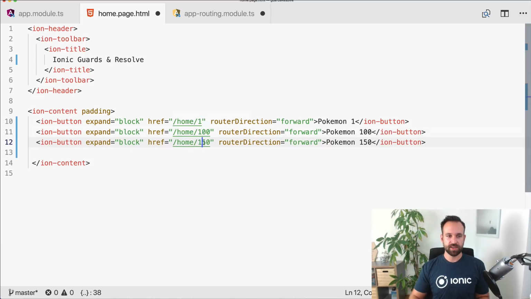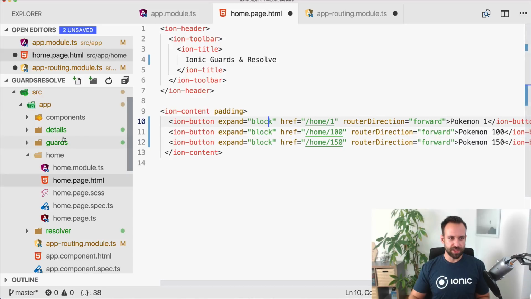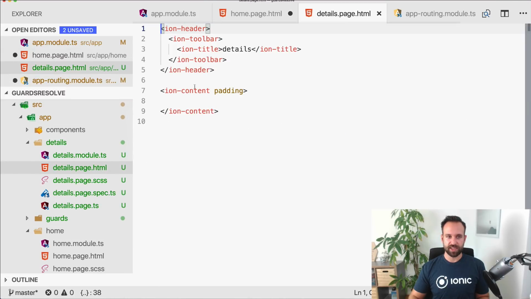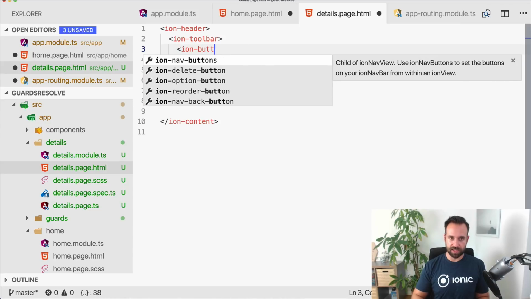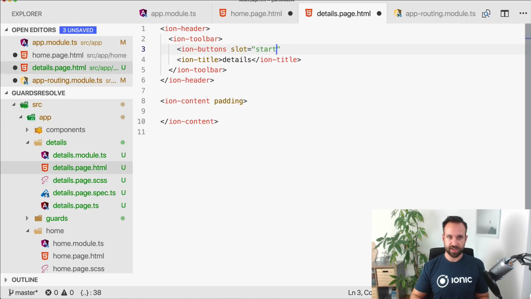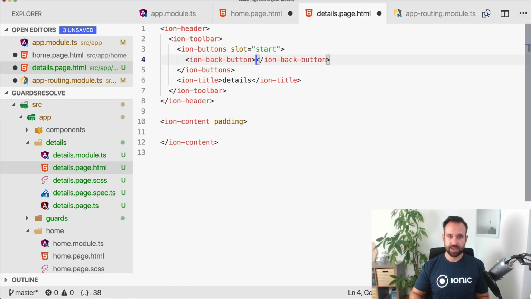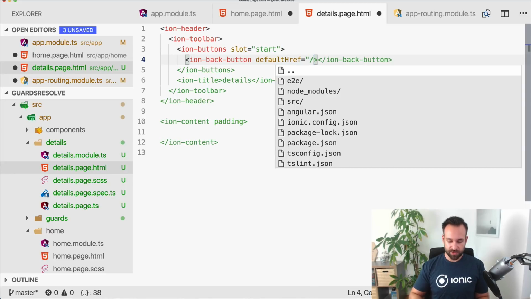So get some more specific Pokemon. And now we can also go to the details page, which will be like this. And inside the details page, we add ion-buttons slot start, so at the top left, and inside ion-back-button. And this is enough to then show the back button once we navigate to this page. And if you also want to add a default href, you can do it like this, which means